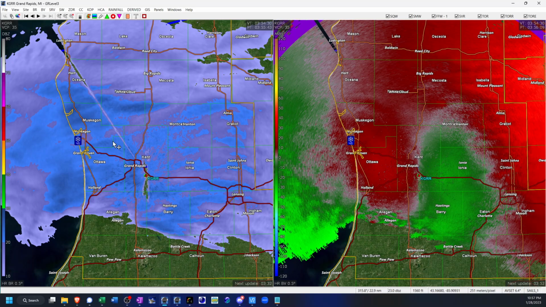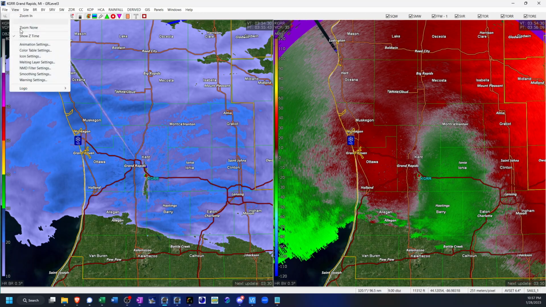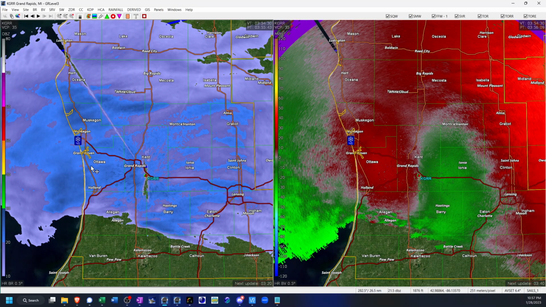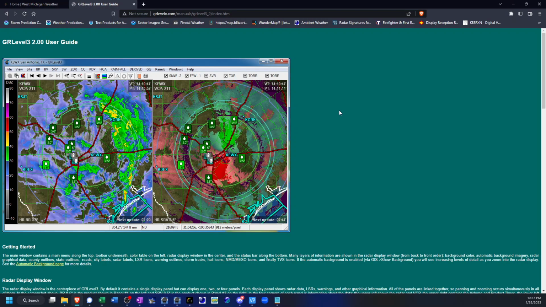So make sure that you've got that setting. Just to quickly review, view NMD filter settings, make sure that max base is set to a value of 5 and minimum depth is set to a value of 8. And we will see why here as we now switch to our web browser and we pull up the GRLevel3 2.0 user guide, available at the following URL,